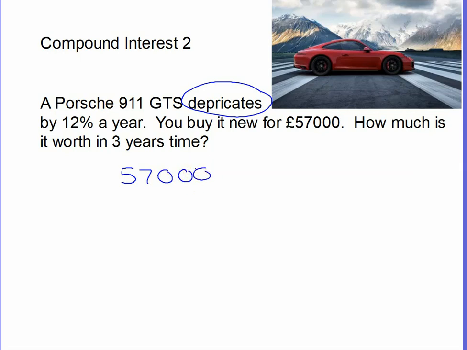So £57,000, it's going to go down, so we're going to be timesing it by 0 point something. So after 1 year, it's going to lose 12%, so actually it's going to be worth 88% of what it was originally. But we're not after 1 year, we're after 3 years. So instead of timesing it by 0.88 three times, we can use a bit of clever notation and put it to the power of 3,